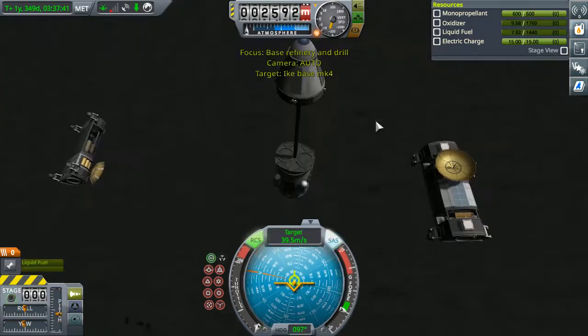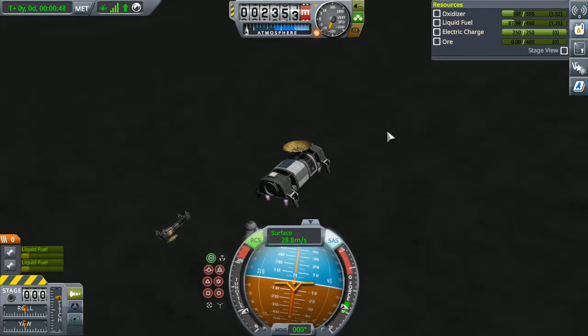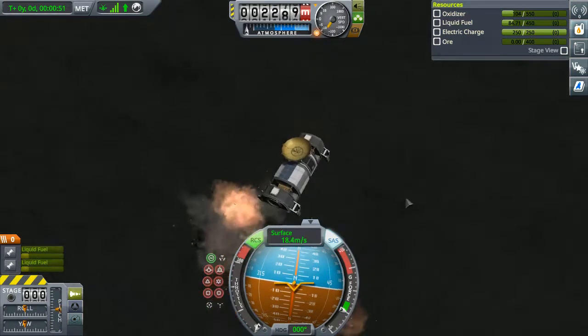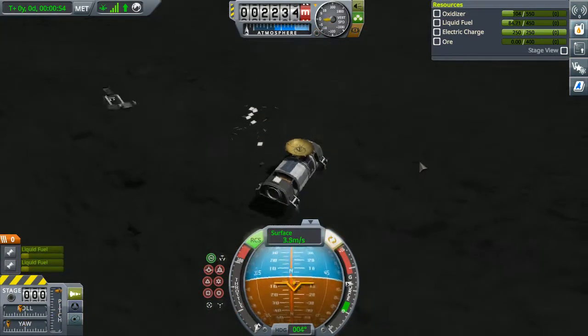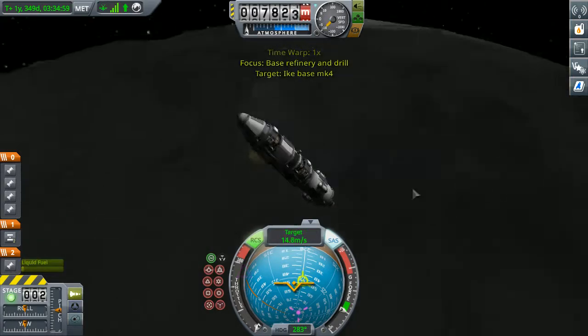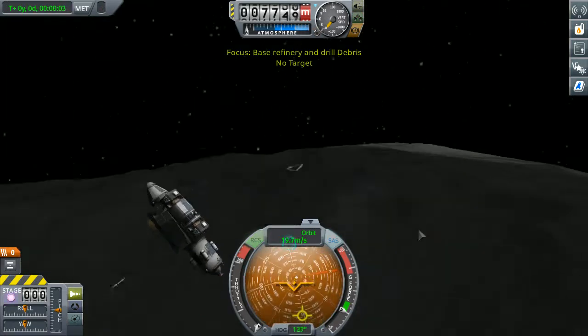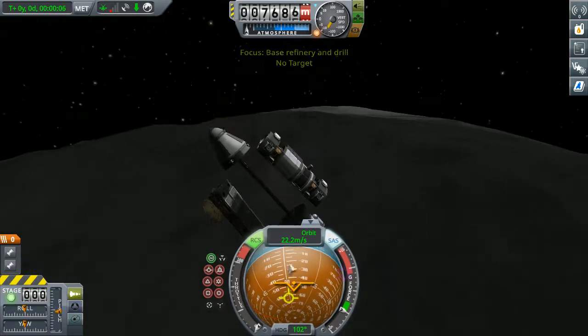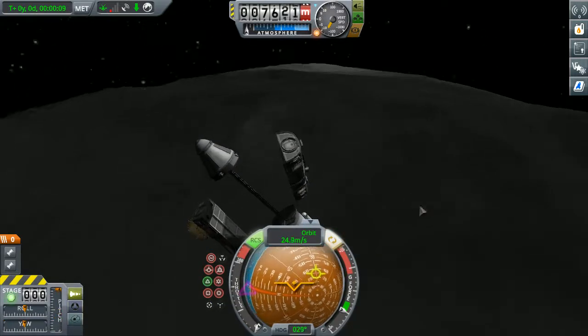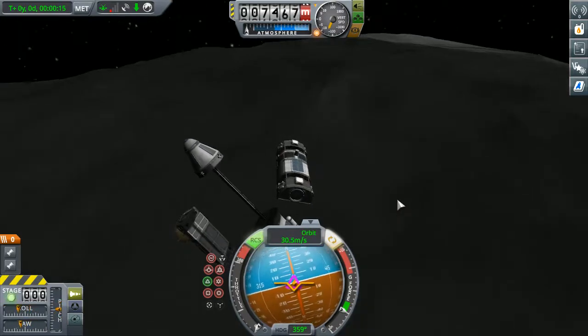Can't control 2 of these things at the same time. This is freaking impossible. Okay, so it seems like the wise thing to do is actually separate at this height, and then I have to land them individually. Okay. So I gotta